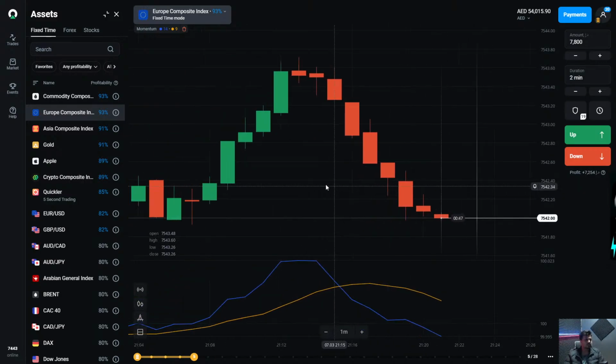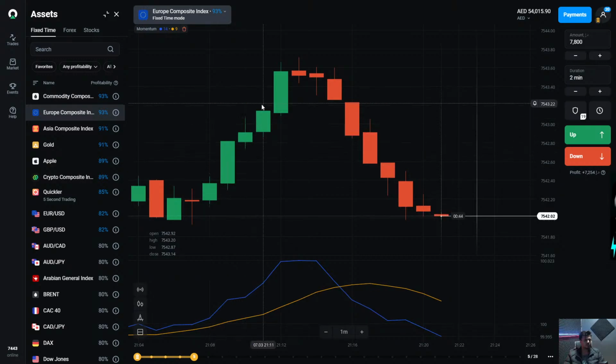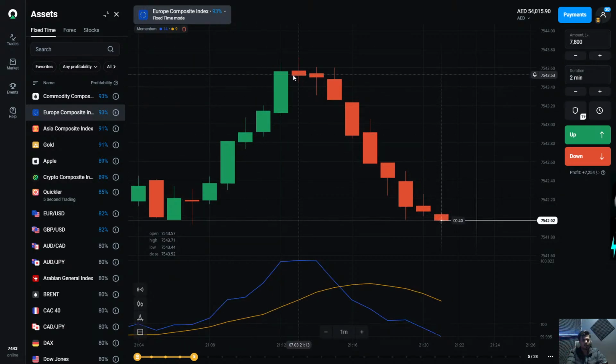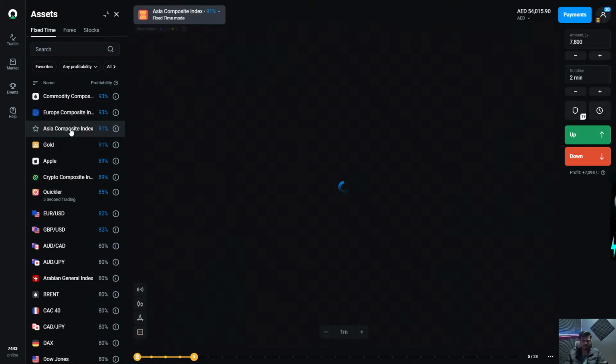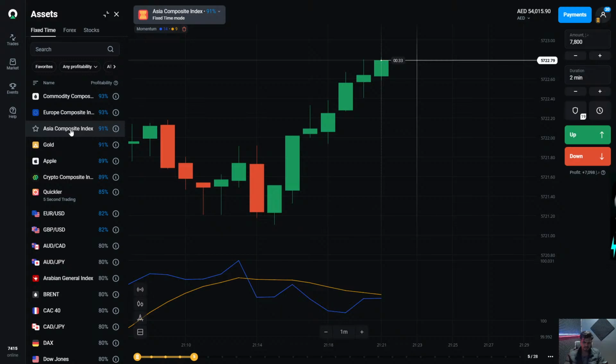Compared to here, 1, 2, 3, 4, 5, 6, but here is the biggest one, a big Japanese candlestick, and I think it will still move downward. So focus on our composite index.